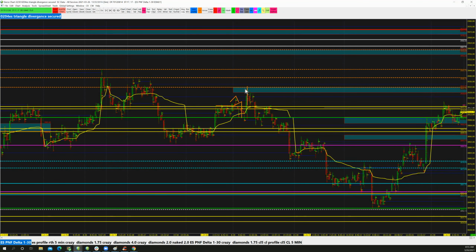Again, I'd love to see the stops taken out here. Let's see this really quick. There we go. So I'd love to see the stops taken out right at that 39.32 for a short. And then also this area and this area as well. So we'll see. And then remember, the other thing we want to keep in mind,